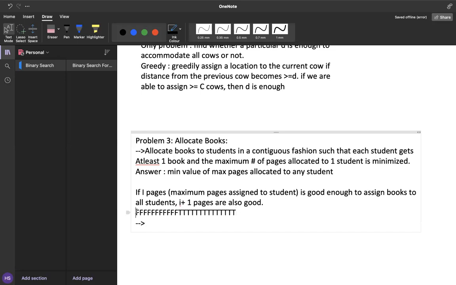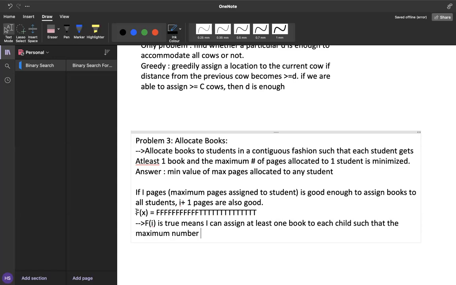So let's say this is a function f, and it is looking like this. f of I is true means I can assign at least one book to each child such that the maximum number of pages assigned to any student is less than or equal to I. Now it is obvious that if I have a valid assignment for I, then I also have a valid assignment for I plus 1, right?